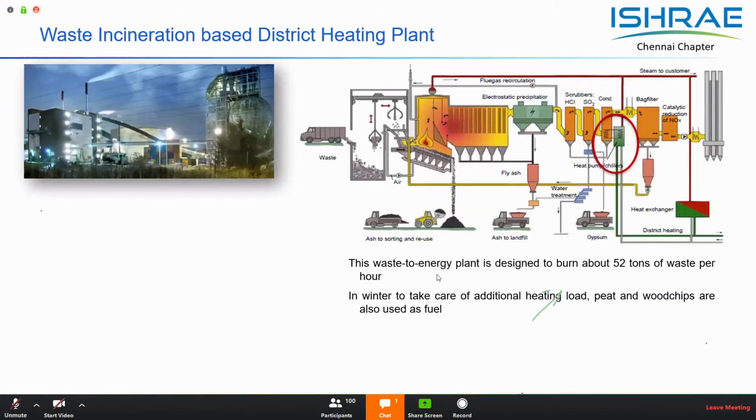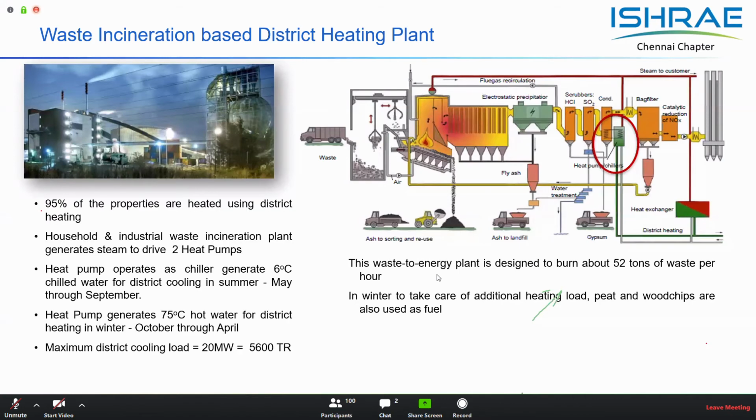What are the other applications for such heat pumps? If you look at older countries, for their space heating requirements they have district heating plants, where they centrally generate the hot water and it is circulated through a system of piping across the city, and they give the heating to the individual users.